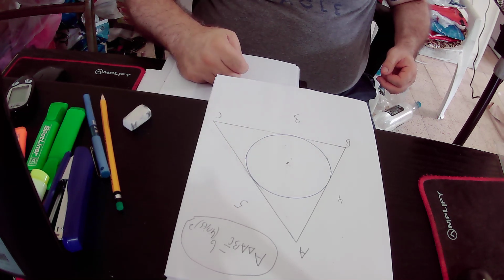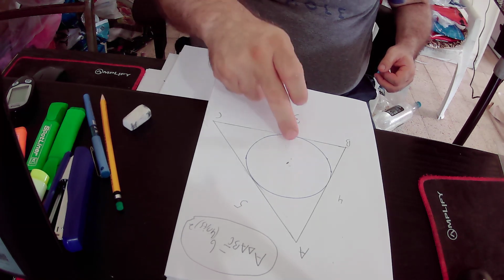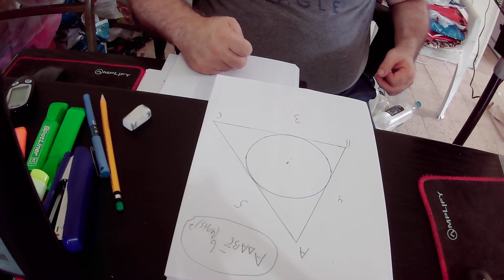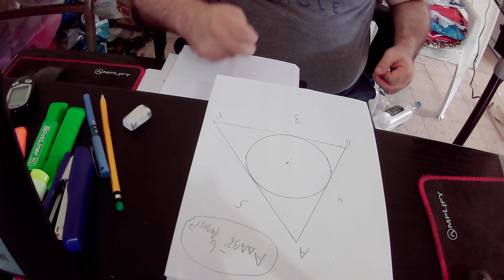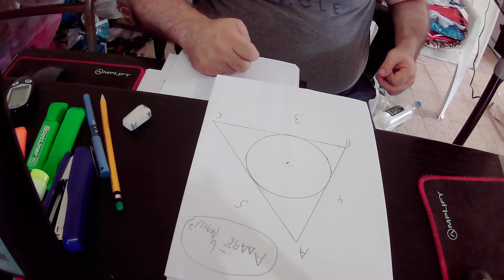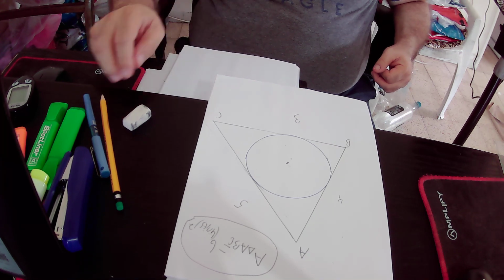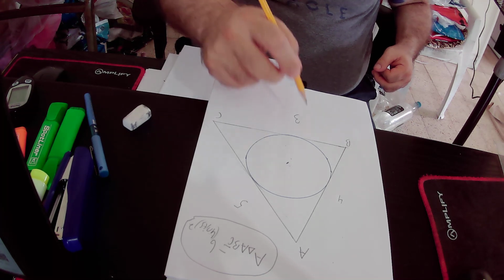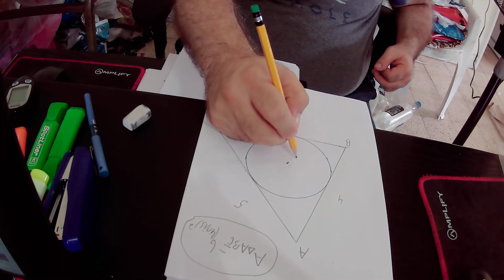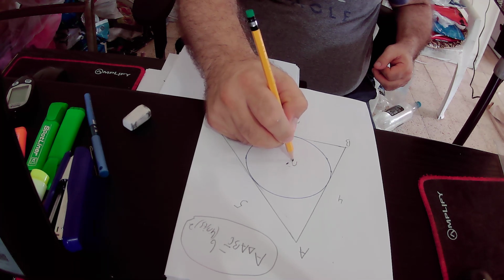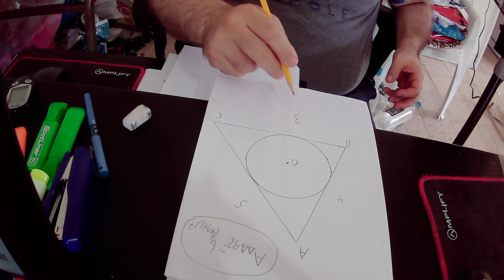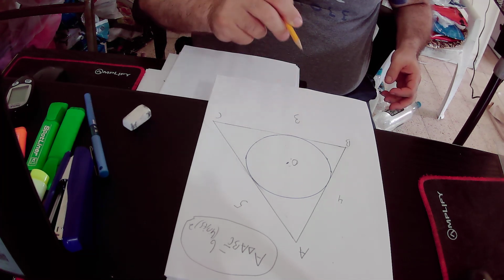and inside the triangle we have a circle, and we want to find the radius of this circle. Okay, let's call the center of this circle O. So point O is the center of this circle,